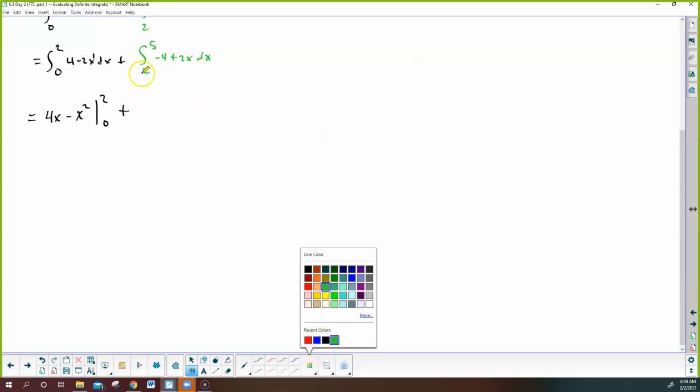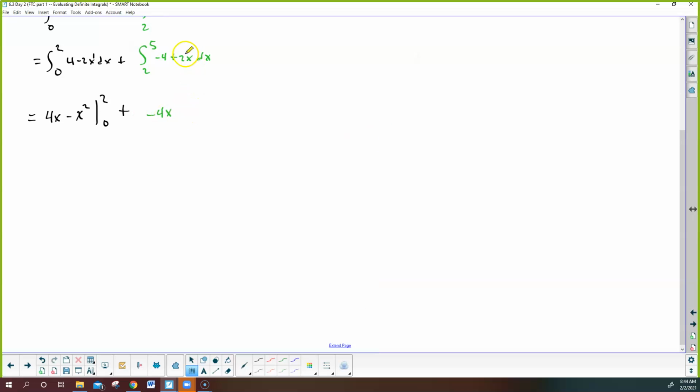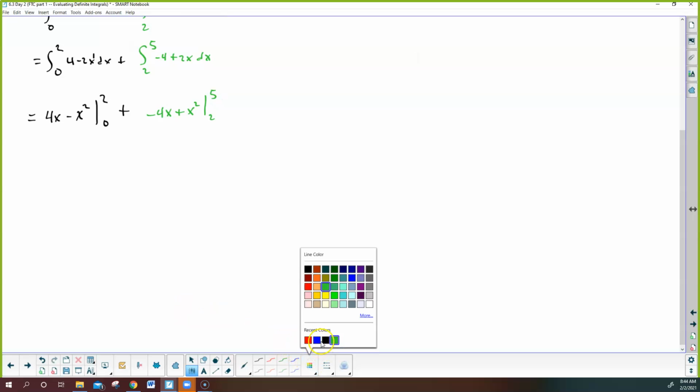Okay, now this one has almost the same antiderivative. Whose derivative gives me negative 4? That's negative 4x. Whose derivative gives me positive 2x? That's x squared. And we go from 2 to 5. Okay, so again, this is just a quick review. And now we're going to evaluate from the upper bound,